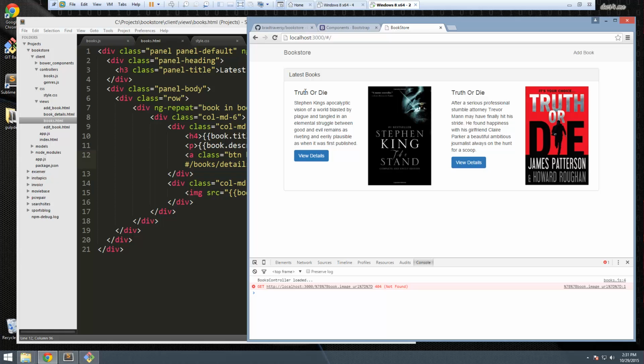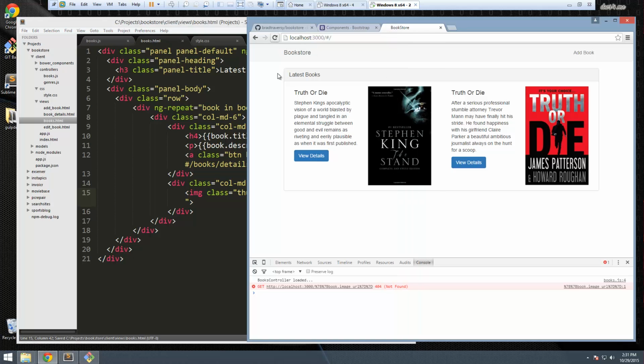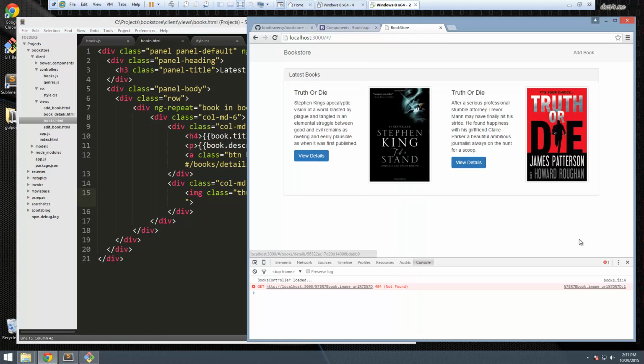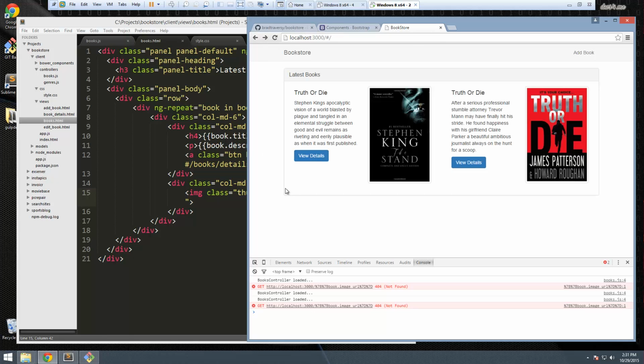There we go. That looks pretty good. Let's give the image a class of thumbnail. That just puts a border around it. Okay, yeah, it looks pretty good. And if we click on it, it's going to take us to books, details, and then the ID. All right, so that's the next thing we're going to want to do is create that template and also that